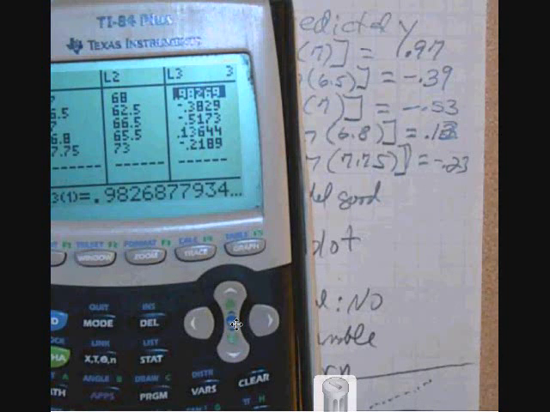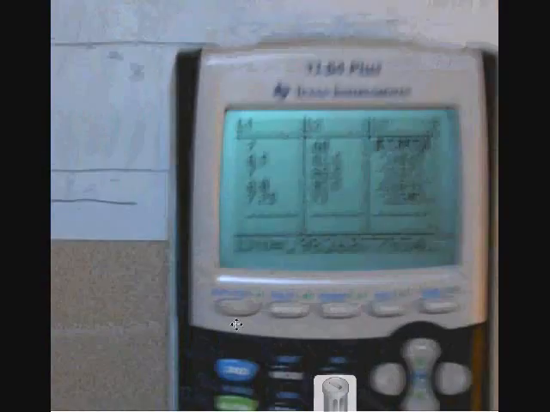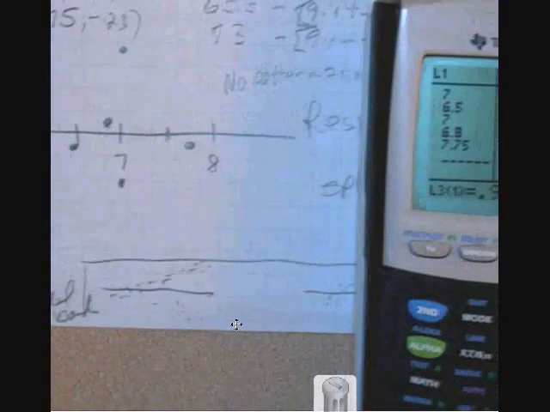Now, we're going to plot our residuals. And what I used when I plotted them by hand, my horizontal axis